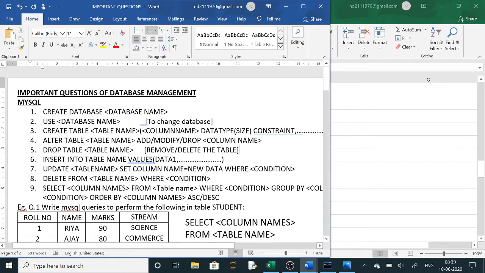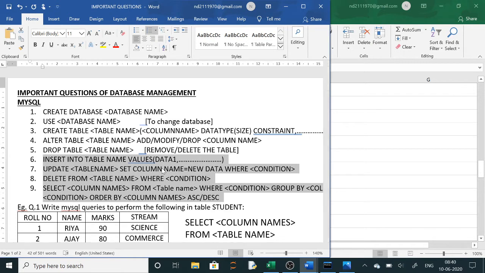Next we are doing the DML commands. Today we are going to do the select query. It is a DML command. In DML commands we have already done insert into table name values. Update is used to change the data, to modify the tuples, that is, the record data. The update command is asked in the sample paper also. This is an important question, this update is an important question. So better prepare all the important questions.